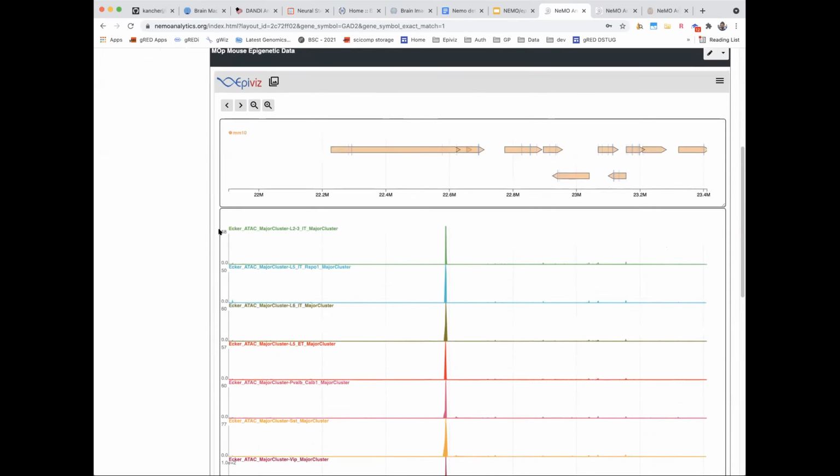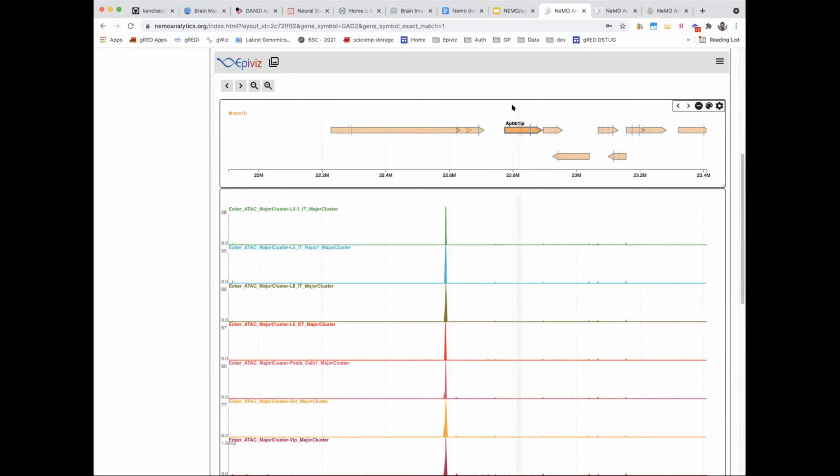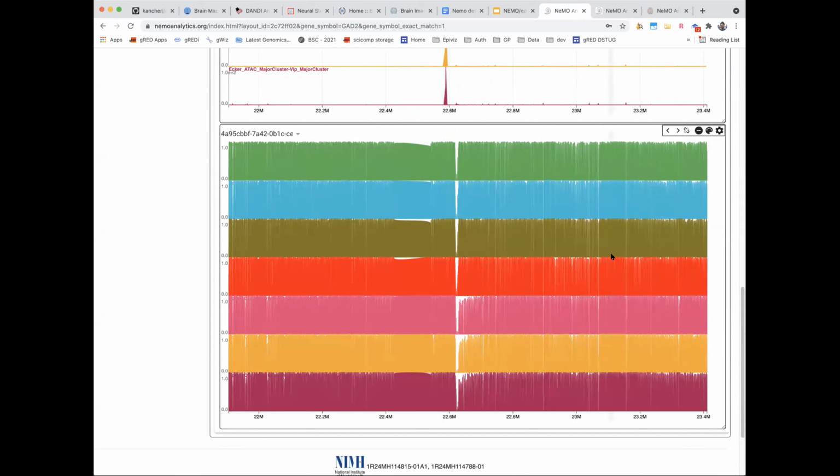And in addition to that, you'll also see the epigenetic panel here, which shows you the center of this region is always the gene that you've searched for. So that's the GAT2 region. We add a little bit of window both in the downstream and the upstream of this gene region to see what other genes are around this gene. And then you see the expression profile. The first is the ATAC-seq data, so chromatin accessibility across these different cell types, and the methylation profile across these cell types. So one thing APVS does is it renders the data as it's coming from a file.